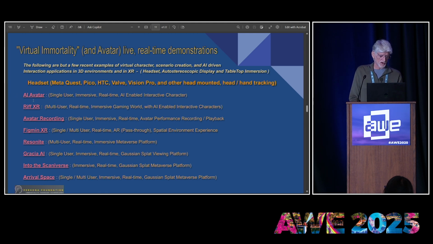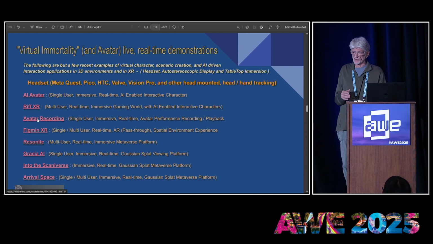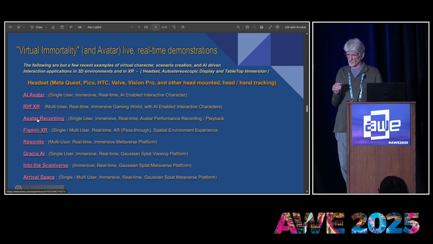Predominantly AI avatar and Figment XR and avatar recording are the ones that I really like because they're interactive, they're free, they run on the Meta platform. In some cases, Figment will run on the Tilt 5 tabletop system. It'll run in the Pico, it'll run in Vision Pro, and run in all these other cross platforms.